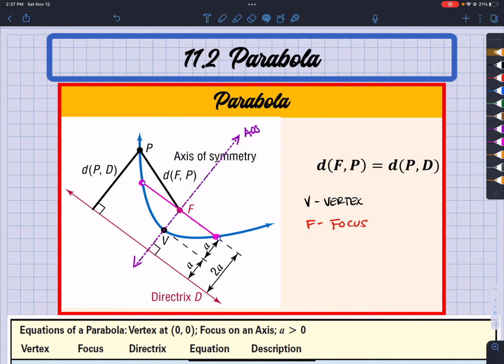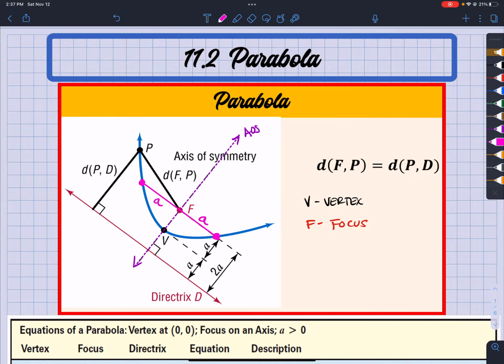Let's keep it solid. It is going through the focus and hitting the two sides, and it's parallel with the directrix, okay? This distance here from the focus to one of these points is also A. The other side, also A. So the full length